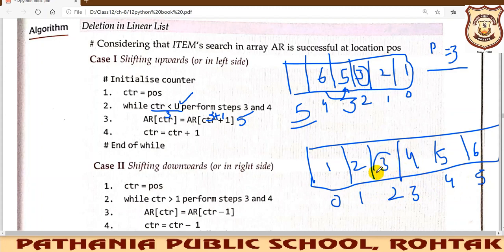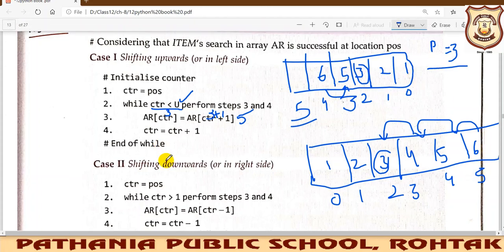If you want to delete it, you will shift it here, and you will shift it here, and you will shift it here. So one blank space will be created here. In this way you can implement it any which way. Either you can shift right side or left side, it is totally your choice. You can create space here also, at the end of it or at the beginning of it. It's your call only.